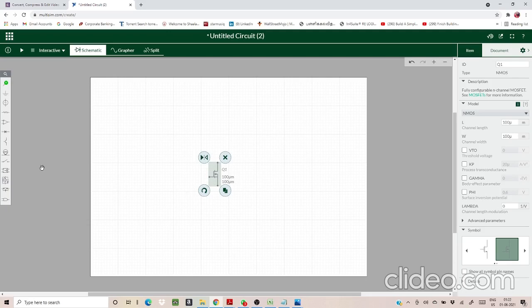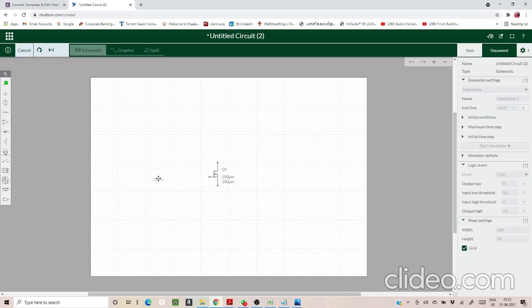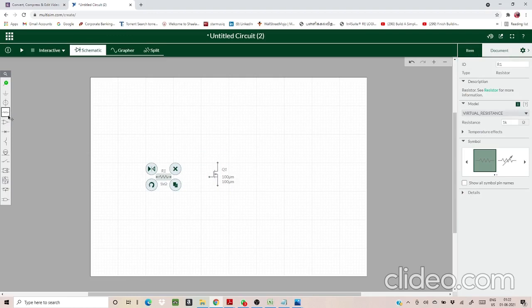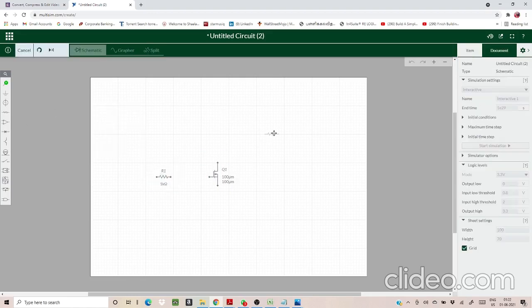What you must note here for Multisim is that you need not attach any voltmeter or ammeter separately. You will have a probe which must be placed on the top. So just neglect the voltmeter and ammeter for the time being, till we complete the connection of the other components. Now let us take a resistor first. You need a resistor near the input, that is near the gate. So I'm placing it here, and you need another resistor near your drain. So I'm going to place another resistor here.